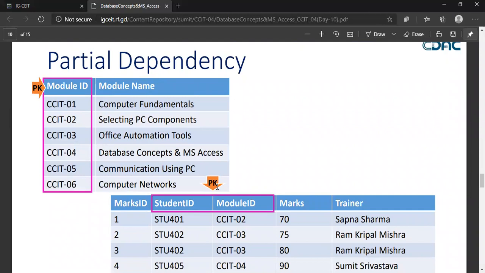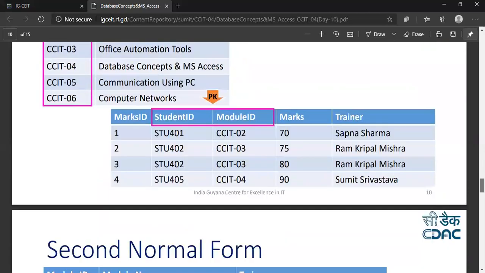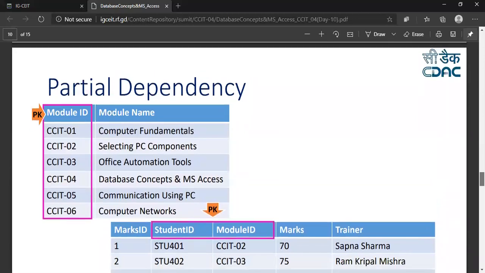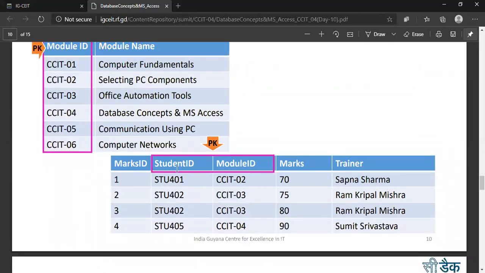So here we have two tables. The first table has a module ID and module name. And module ID is the primary key here. Similarly, in the next table, if you see, we have marks ID, student ID, module ID, marks, and trainer. And in this table, I'm using two columns, which are student ID and module ID, together as a primary key.